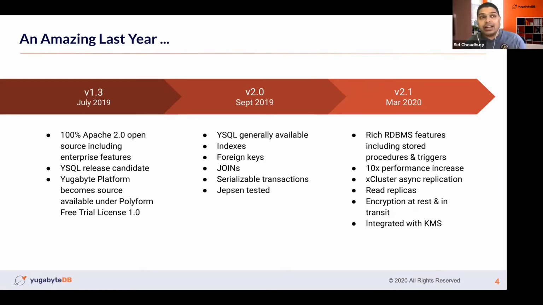Read replicas are another exciting geo-distributed aspect, where a few nodes that are part of the same cluster can be put in completely faraway regions, and they can serve timeline-consistent reads from those replicas without consulting the primary cluster. But if you send writes to them, they will automatically forward them back to the primary cluster. There are also additional security features like encryption at rest and in transit, integrated with KMS systems and so on.